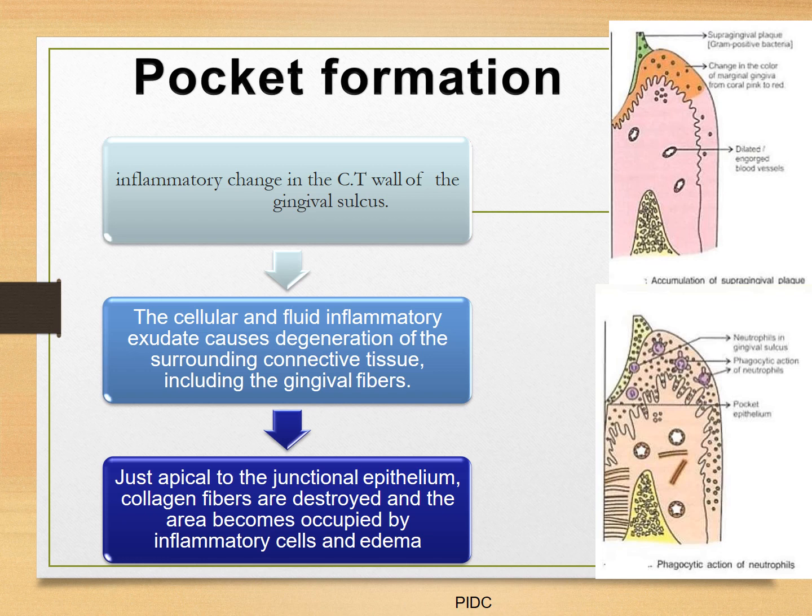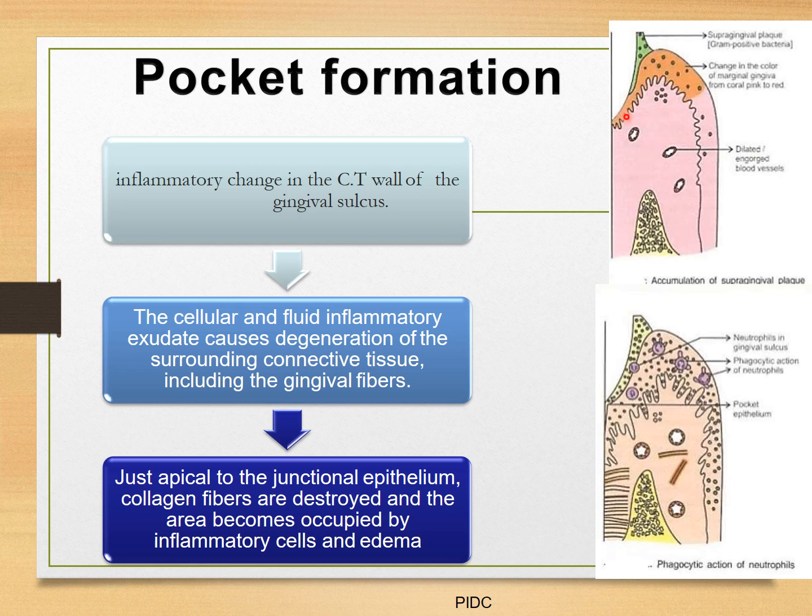So after gingivitis, coming to the pocket formation, we have already discussed this under periodontal pockets. This is the inflammatory change. If it progresses, there will be an increased amount of PMNs in this area. There will be dilated and engorged blood vessels. There will be change in the epithelium and then in the connective tissue, and the cellular and fluid inflammatory exudate